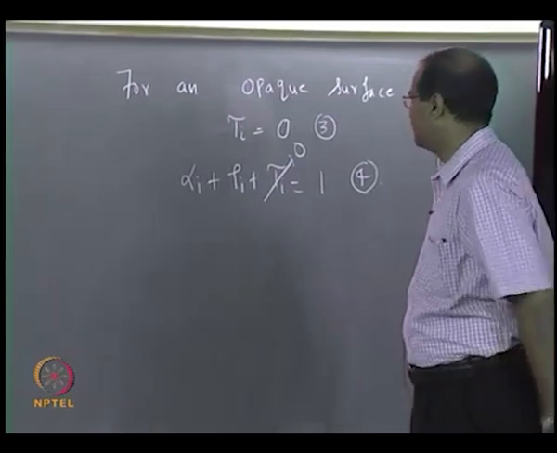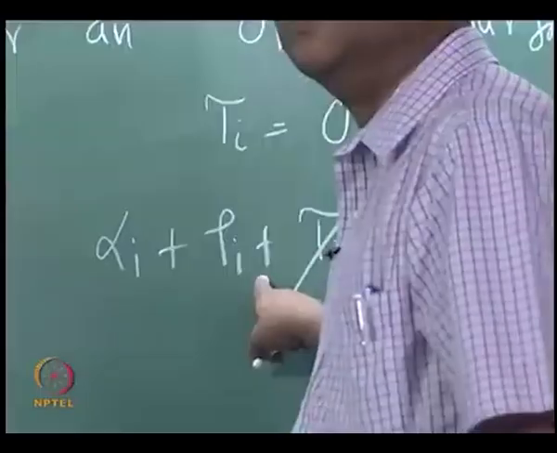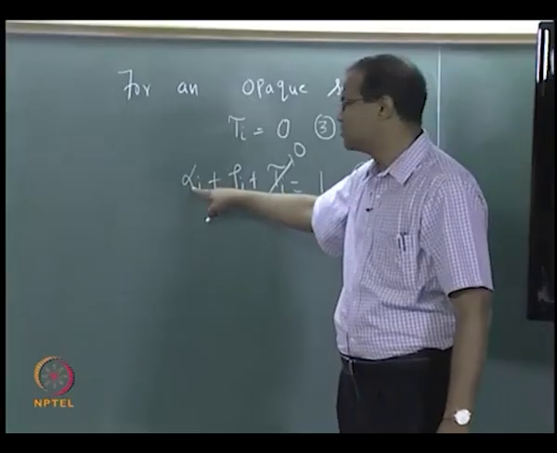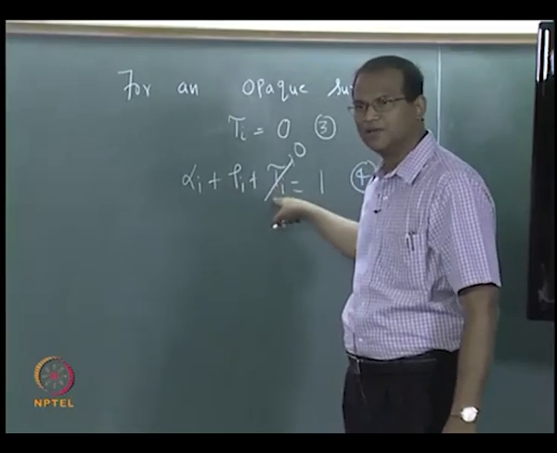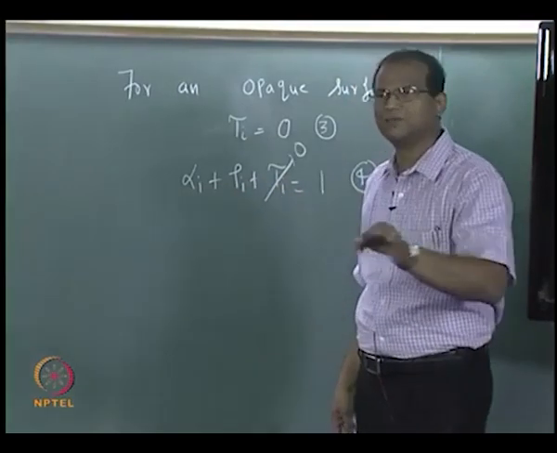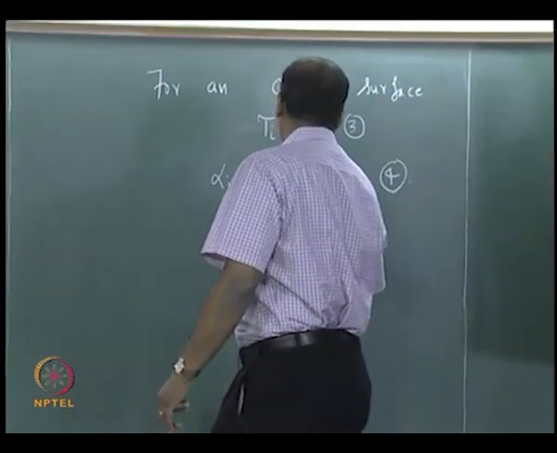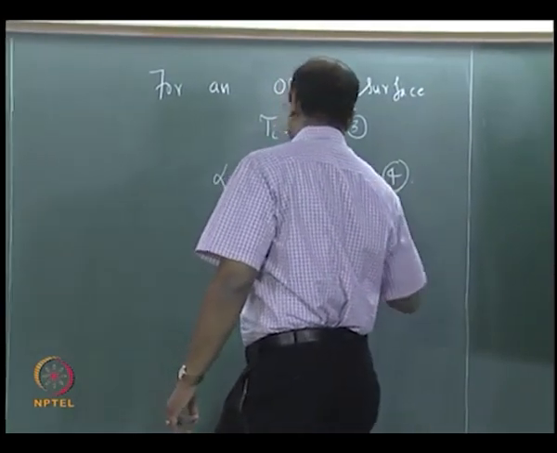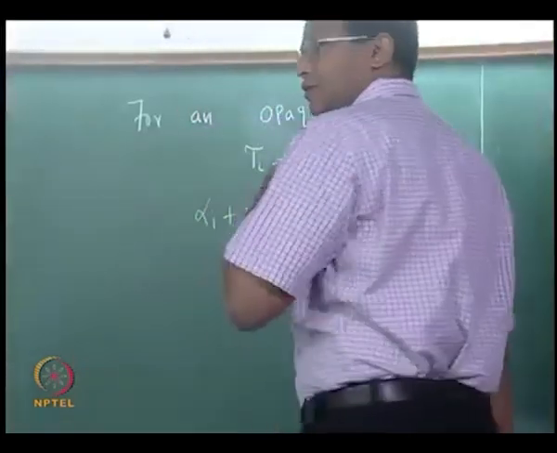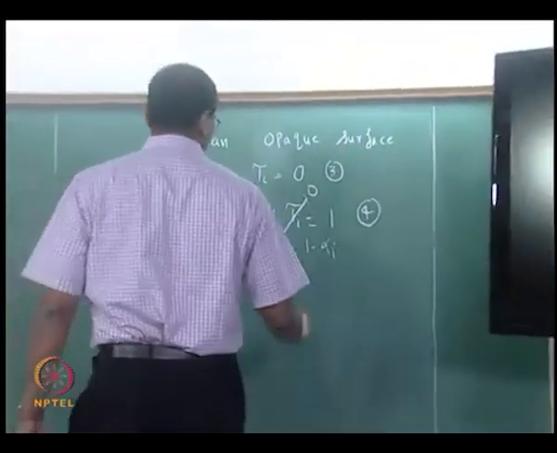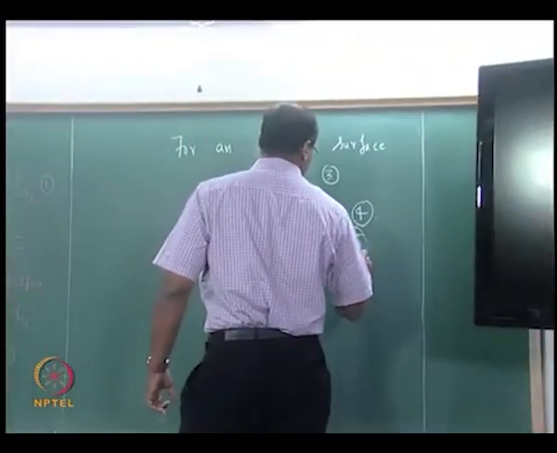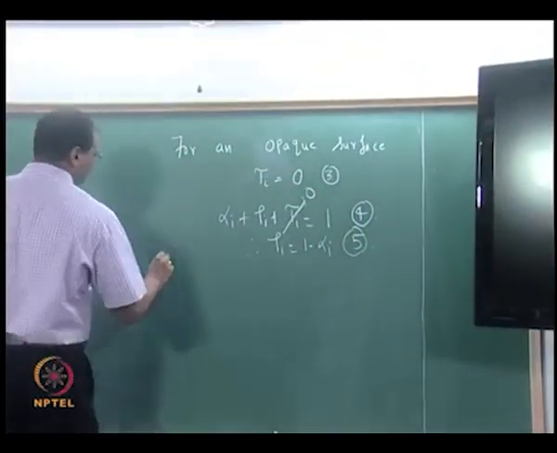Therefore alpha plus rho is 1. This is the fate of the incident radiation: it could be absorbed, it could be reflected, or it could be transmitted. For an opaque surface there is no transmission, it is only absorption or reflection. Therefore, substituting in 1,